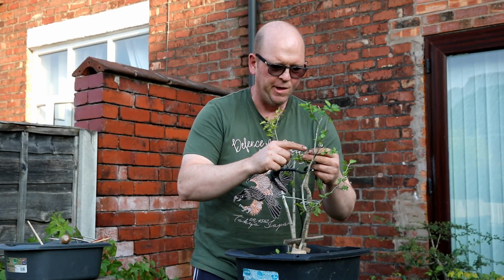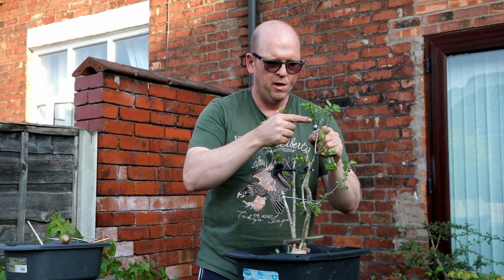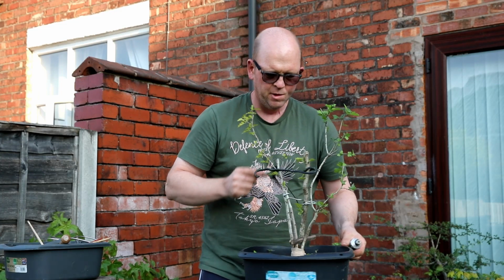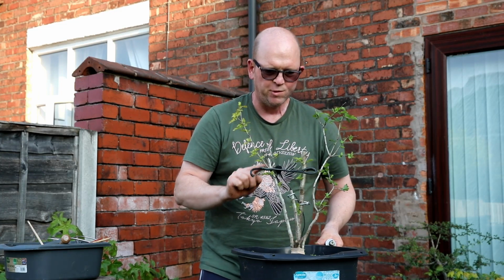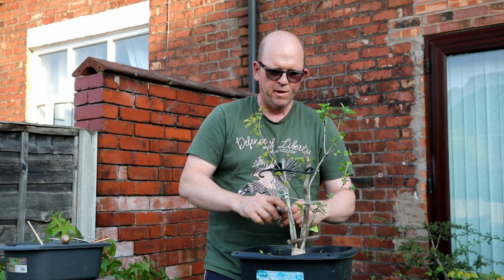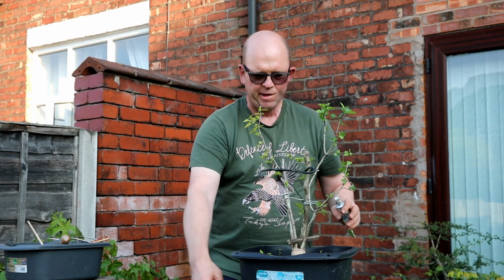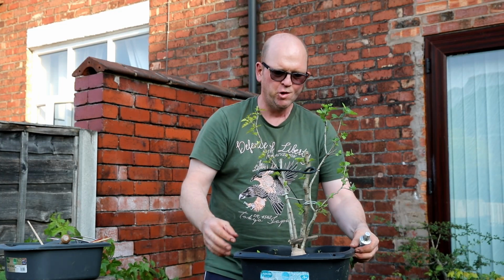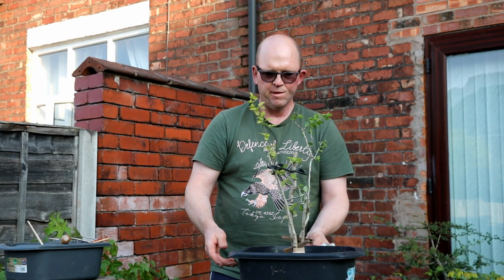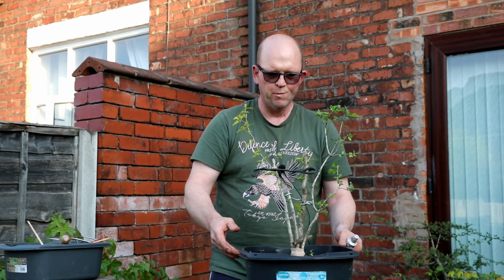I'll finish off with the obligatory cut paste, just to seal in the tops where I've done those large chops. And then exactly how high I'll have these and what I'll do with them in the future, I'm not sure. This is just a basic idea of sort of how this tree could look going forward,